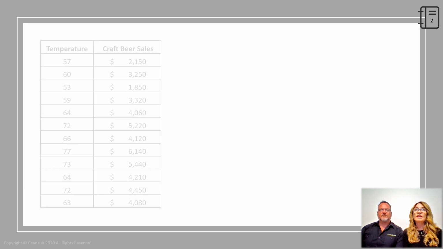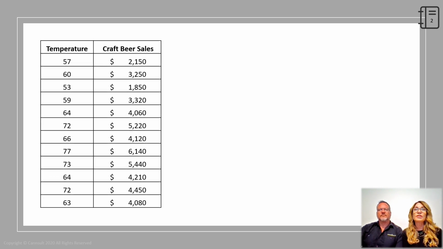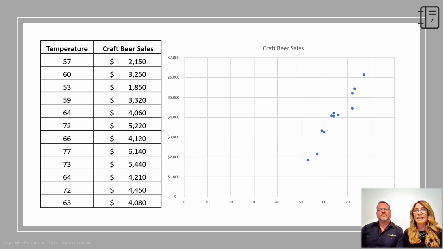Let's start with the scatter plot. In this chart, we're comparing 2 variables, a y and an x, and they both must be numerical or continuous. In our sample data here, our y is craft beer sales, and the variable that we're studying is temperature. The hypothesis is that as temperature increases, so do beer sales. So the data is put in columns and we simply insert a scatter plot, also called an XY scatter, and